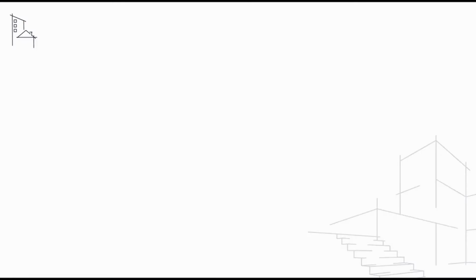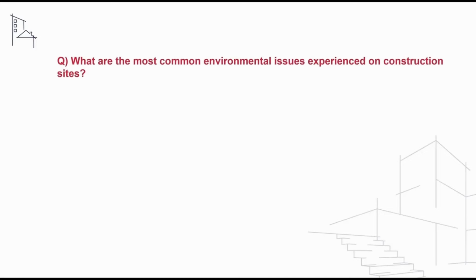The first question we'll take a look at under this competency is: what are the most common environmental issues experienced on construction sites? To address this, we could first of all make reference to the risk of land degradation. Usually large projects entail extensive land disturbance, which makes the soil vulnerable to erosion, and soil removed may become airborne and create dust problems or be carried into natural waterways. There is also a great risk to flora and fauna, where the biological environment includes various species of animals and plant life and their habitats, and these can be severely damaged by construction activities.